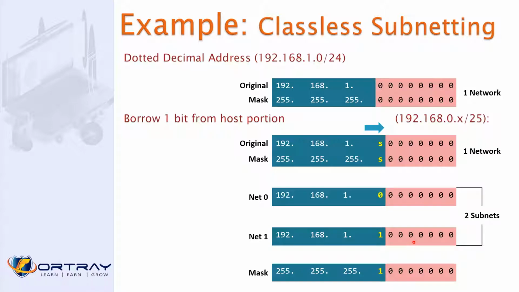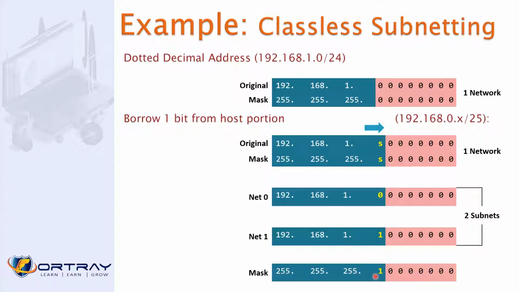Now, the problem is the subnet mask. How do we define the subnet mask? The definition of subnet mask is that in the network portion, all the bits are 1, 1, 1, 1. Remember? That is why 255, 255, 255. That is the definition of the subnet mask, and the host portion must be 0. So now we borrow 1 bit, and that becomes part of the network portion. So the subnet mask will be 255.255.255.128.